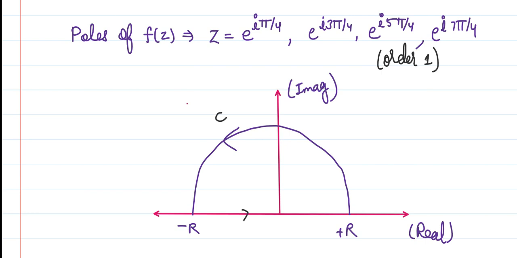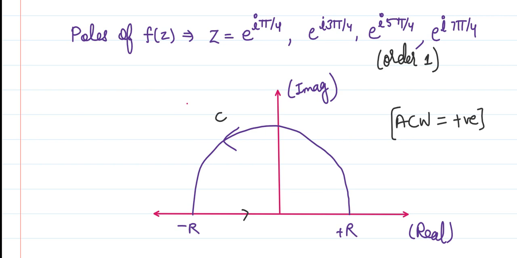We are always going to consider the upper half contour. That is the pattern to solve these kinds of questions. So you are always going to consider the contour in the upper half plane of this graphical representation. And remember one thing: the direction of the contour will be anti-clockwise. Anti-clockwise direction we are taking as positive. Remember, that is the standard method and standard notation. That's why we take the anti-clockwise direction as positive.